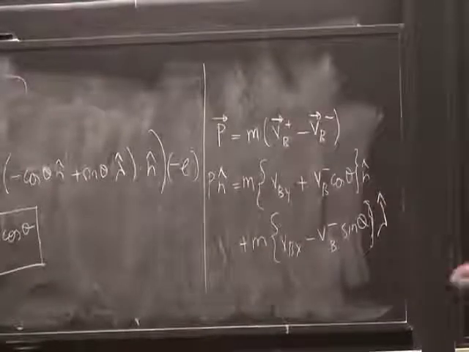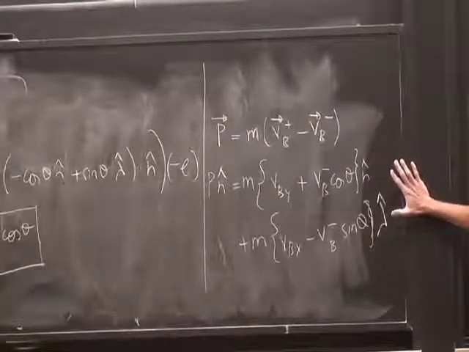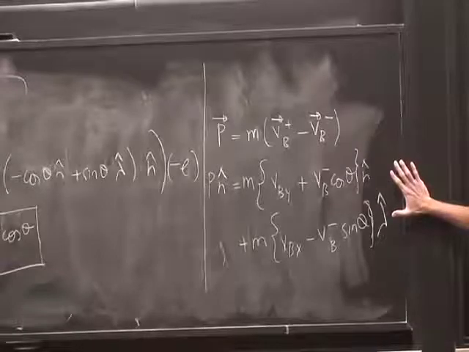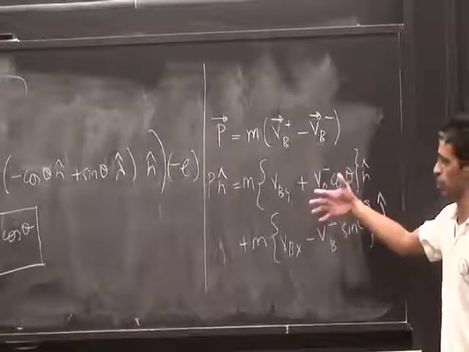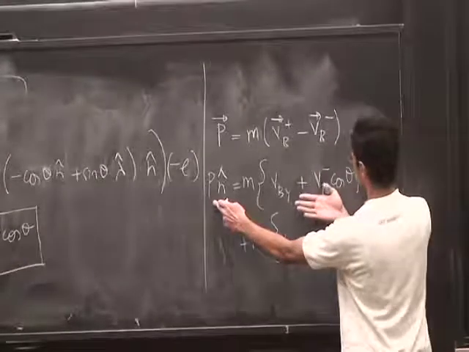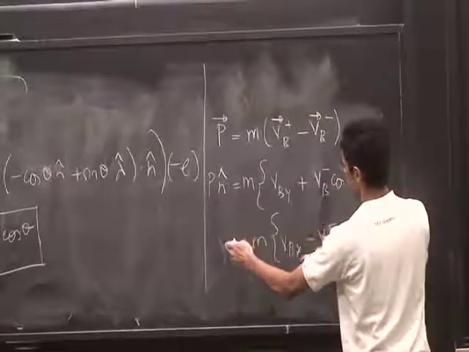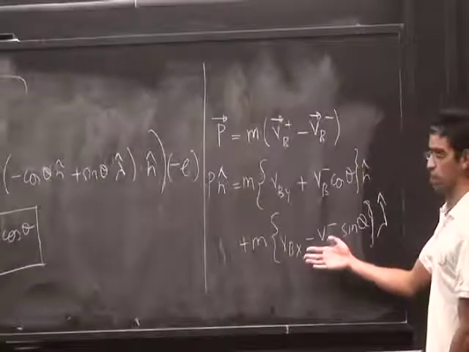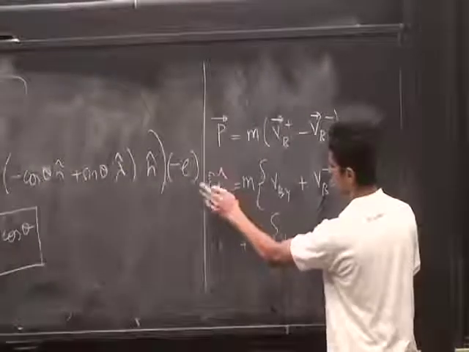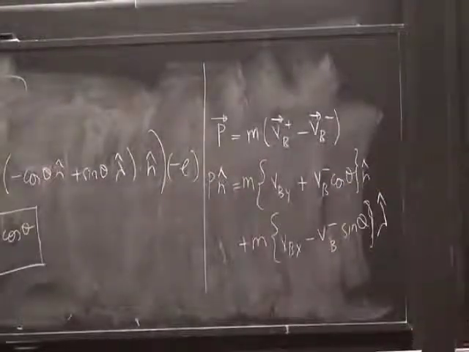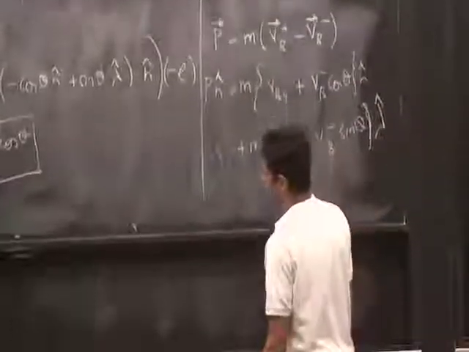Okay, so I've generated two equations here. And if I try to take this and dot it with n, I would get p equals this quantity, right? The n component is this. However, the lambda component should be equal to 0 because the p can only act in the n direction. So what I can do is I can find what